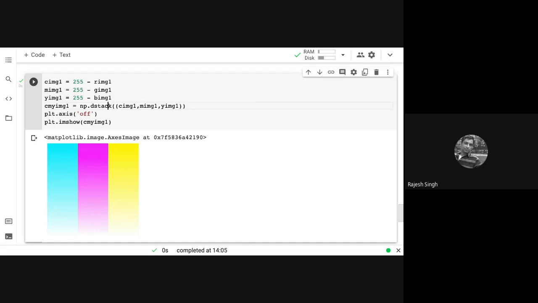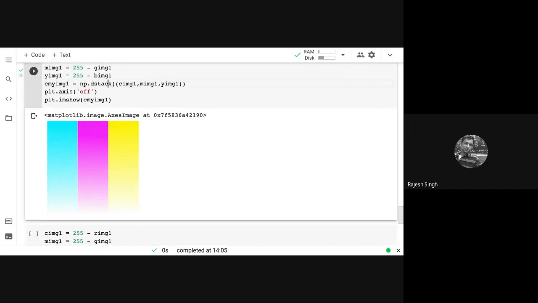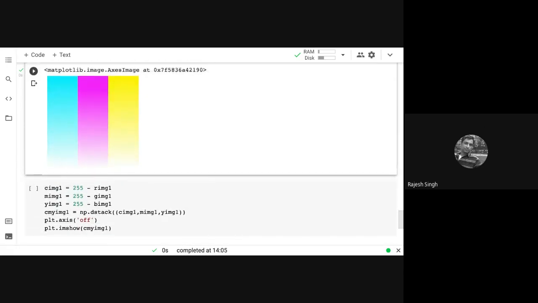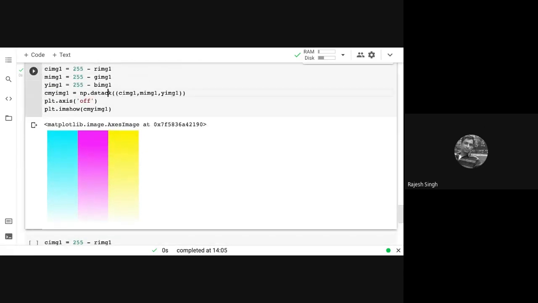So there is a slight difference. If we simply add instead of using dstack, you can try doing it and see what happens. And let me know. If some result comes, then perhaps we will learn that also. But here dstack keeps them separate. And at the time of printing, the data from all the three goes together.